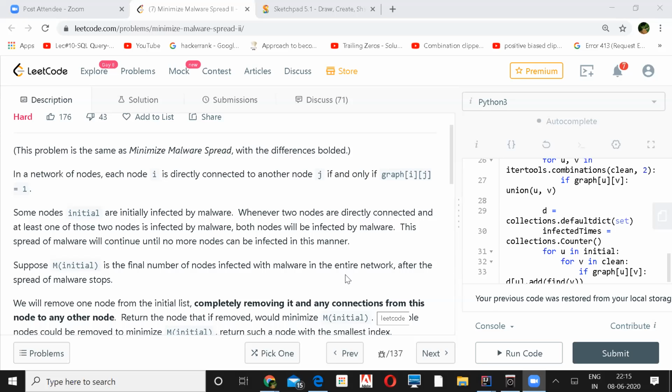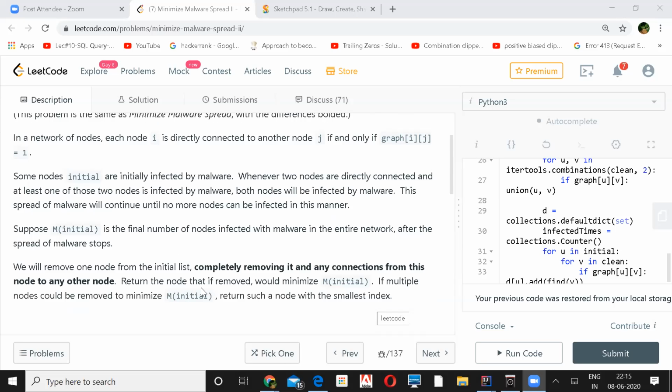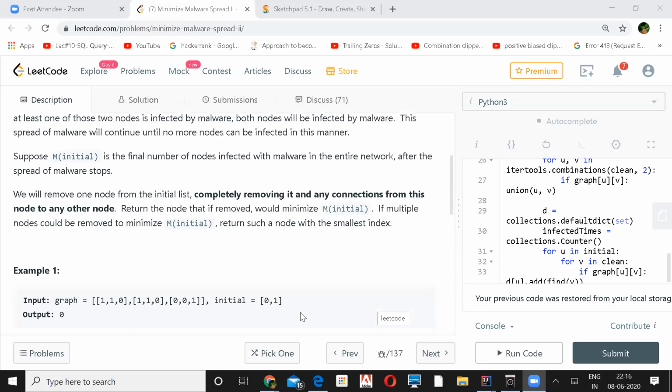After the initial spread of the malware, we'll remove one node from the initial list, completely removing it and any connections from this node to any other node. Just return the node that, if removed, would minimize M(initial), and if multiple nodes could be removed to minimize this, return such a node with the smallest index.